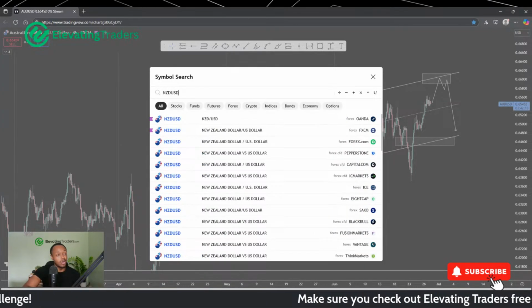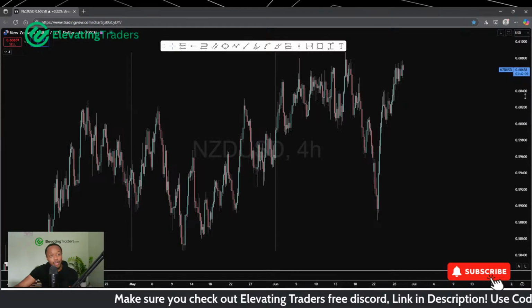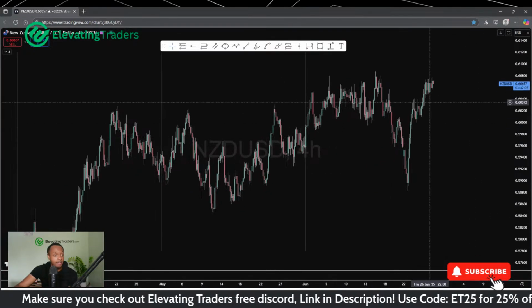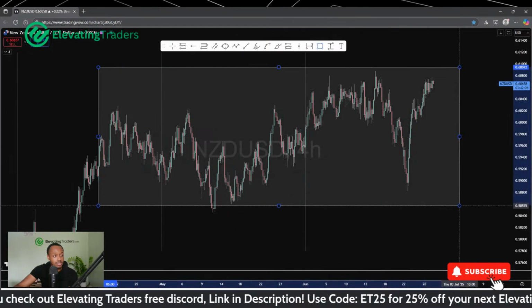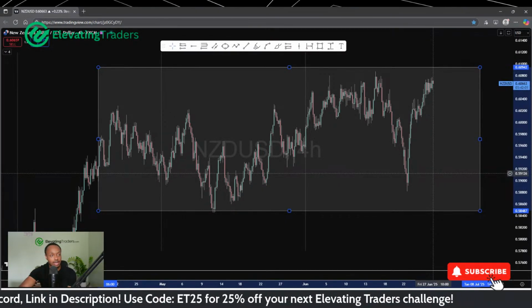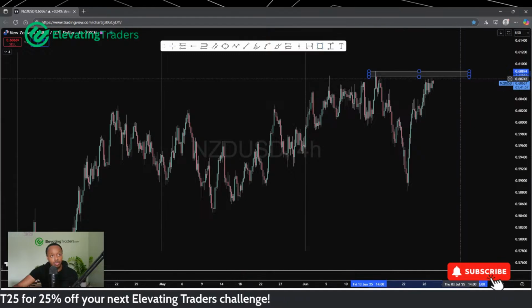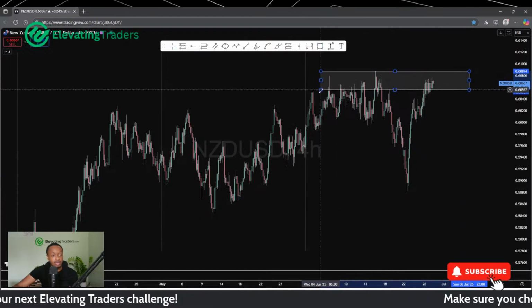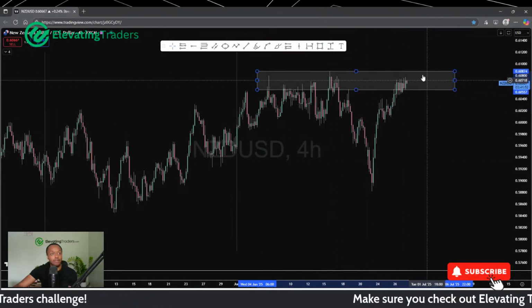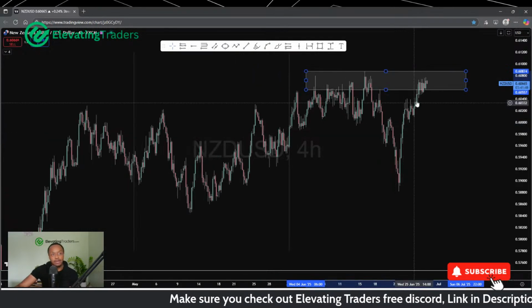New Zealand dollar, not a big fan of, to be honest. I don't really have a clear-cut setup. I'm just boxing this off as a range and leaving price to do its thing there and not really trying to get involved. There might be some nice sells as we approach the high. Of course, this is very substantial resistance. We did get a nice sell, so naturally, there could be another short opportunity off the back of that.